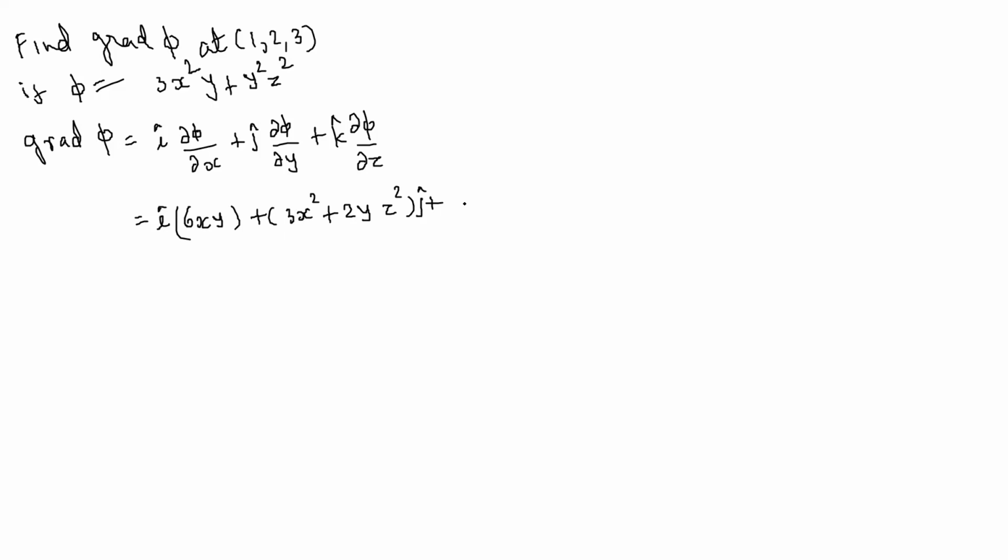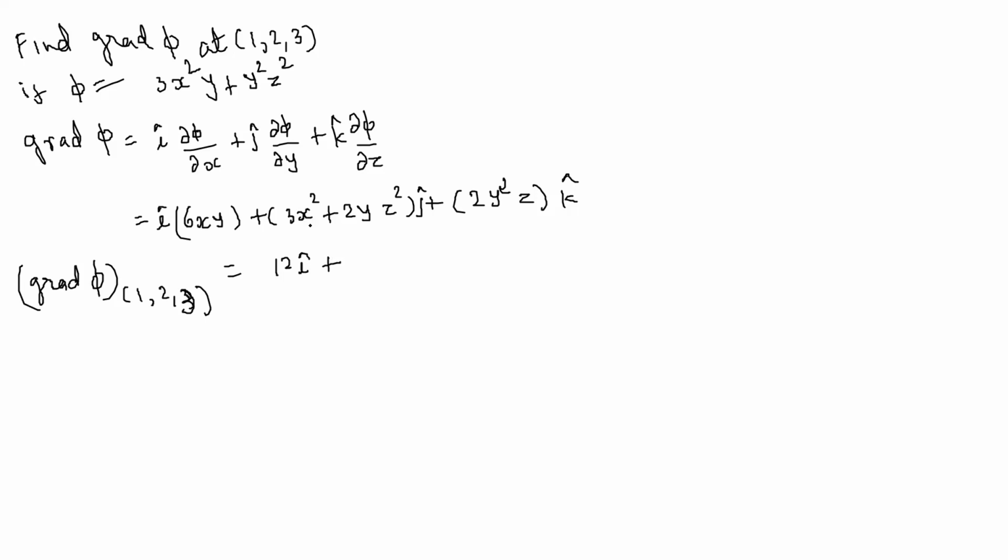And del phi by del z will be 2y square z, 2zy square. This is gradient phi, but we want gradient phi at (1, 2, 3). So when I substitute x equal to 1, y equal to 2, z equal to 3, this becomes 2 1s are 2, 6 are 12i